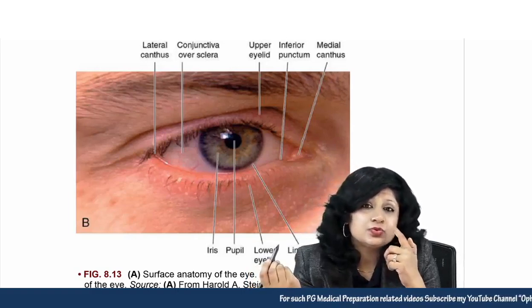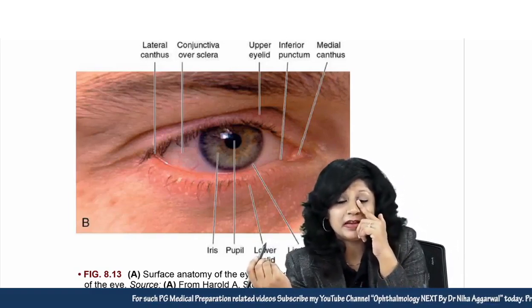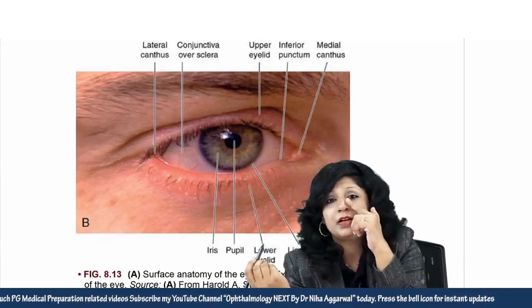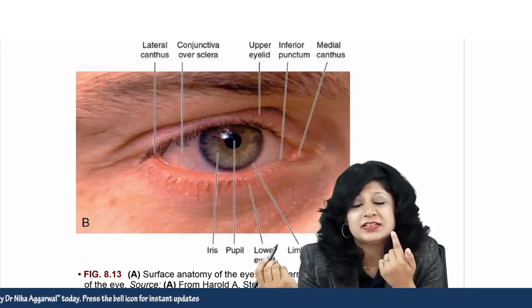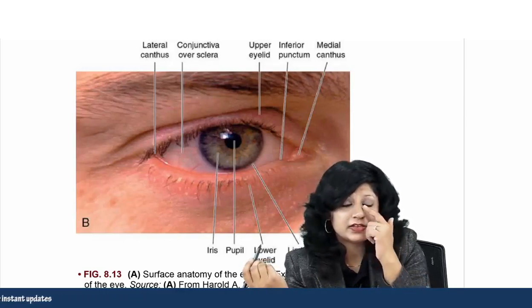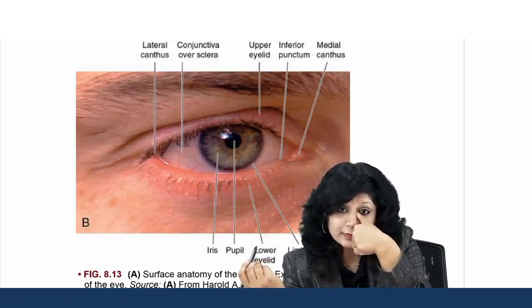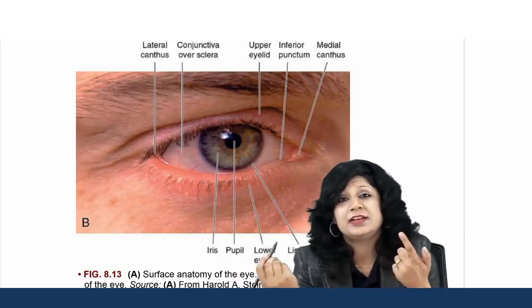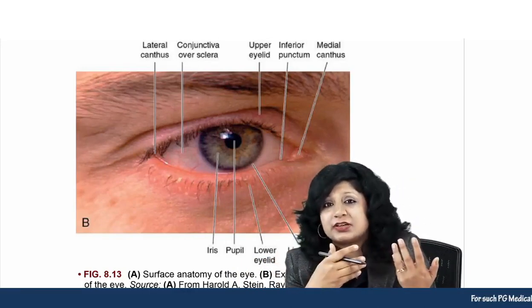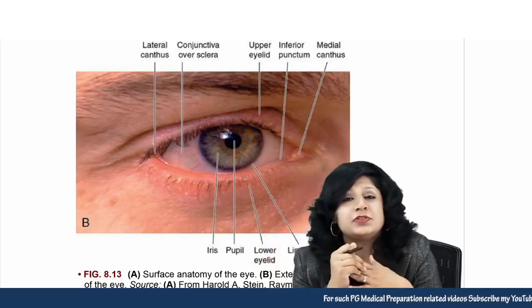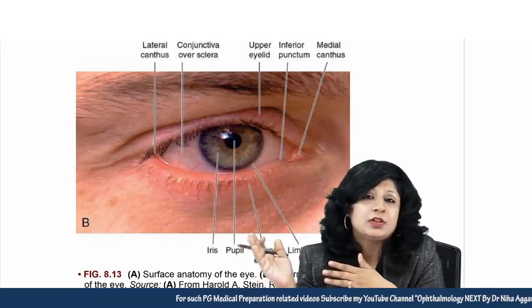Then we can look at the lacrimal area, over the medial side, if we have any signs of inflammation here for dacryocystitis. We can even do the regurgitation test, pressing over the medial side here, and see if the regurgitation test is positive. And if it is positive, then you have to go for the other sequence of tests, syringing and probing and all that.